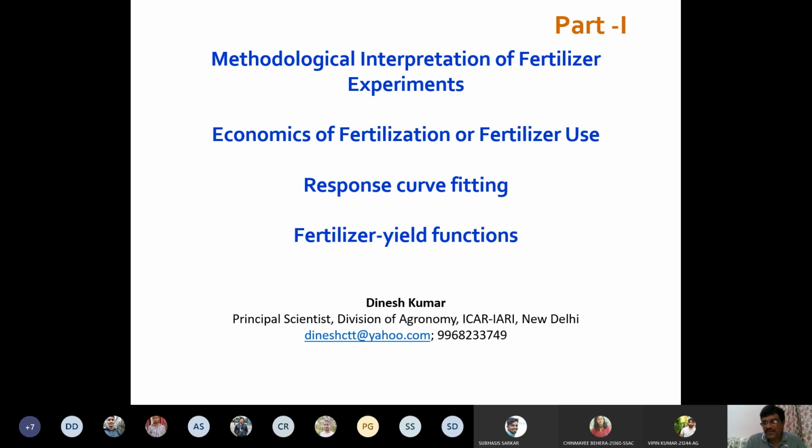So this is another way of doing the economics of fertilizer. Other way is to work out the fertilizer yield functions, because it has been established that fertilizer and yield, most of the time, 99 times or 99% times, they get quadratic relationship. If it is there, then you can work out the economics. You can know the optimum level of the nutrient, where you get maximum profit. So this is how all these things we are going to discuss. And in this case, you will see.